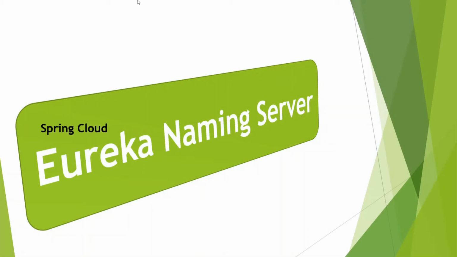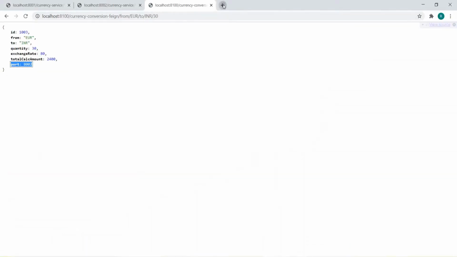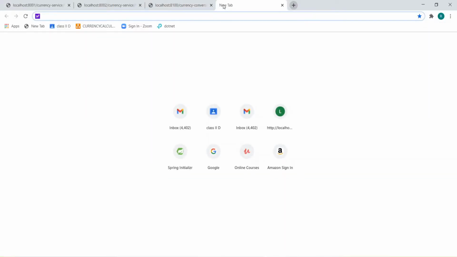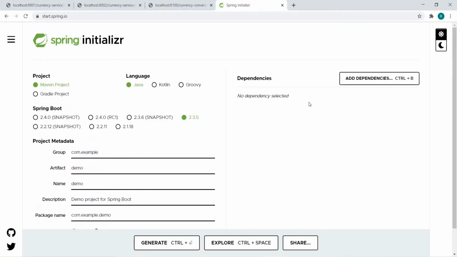Hello friends, welcome back. So in this step, let's set up a Eureka server, right? What we need to do, same step, we need to go to start.spring.io, from where we will download the dependency. Same as before, the Maven project, and the Java version will be the same. Okay, and let's say group select